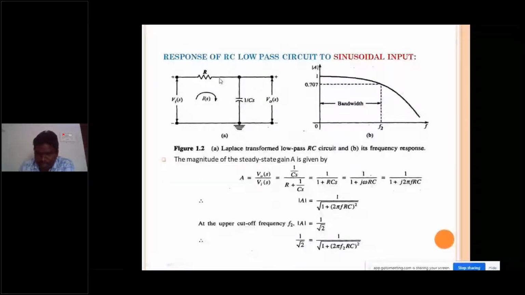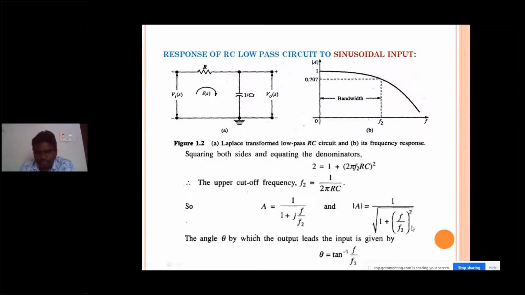Now if I calculate the transfer function for it, then I will use the formula for the voltage across this in time domain, and the overall impedance of this is simply calculated like this, so that I can simplify this for calculating the magnitude. So I will get a formula like this. Now if you see here, I write this as f by f2, this as f by f2 whole square, where f2 will become 1 by 2 pi RC. So at f is equal to f2, this magnitude will become 1 by root 2. It may be shown in the next slide.